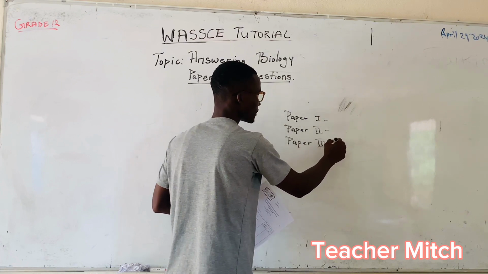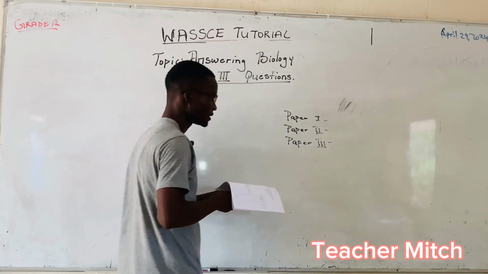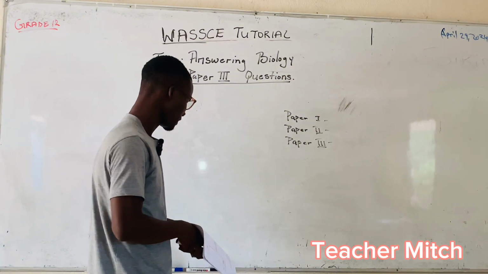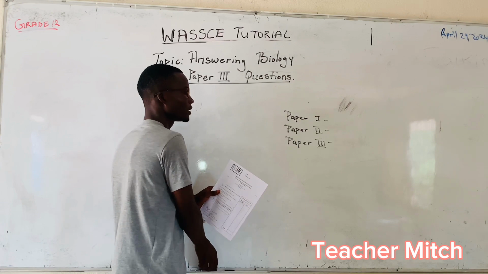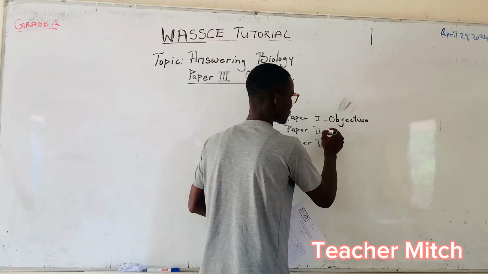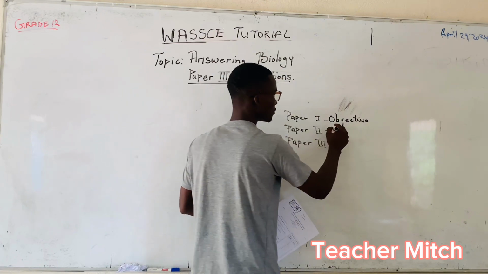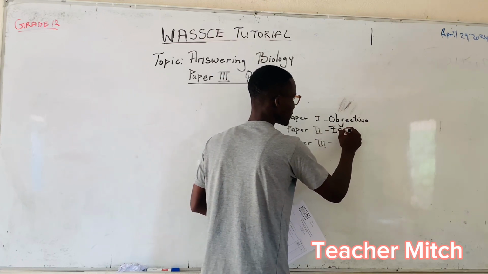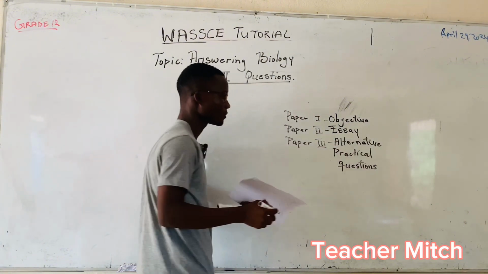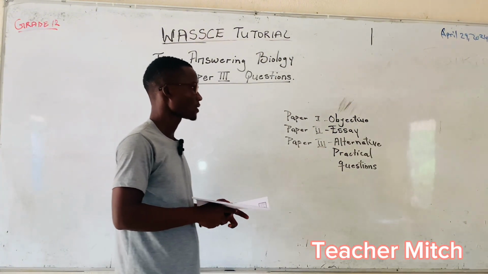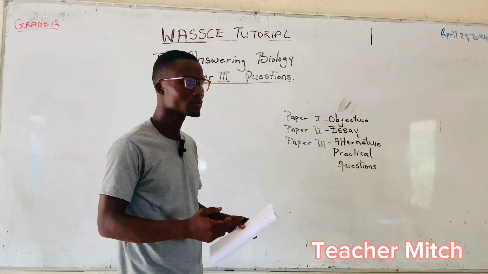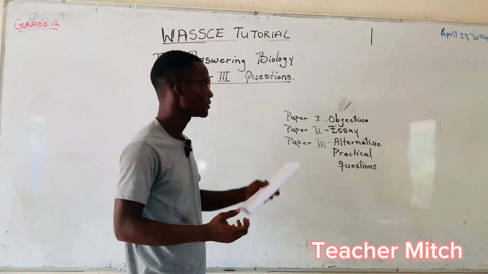So each of those papers, as we've said, contain different information within them. Paper 1 basically has to do with the objective questions. Objective are the multiple choice questions. And paper 2 will contain the essay questions. Paper 3 is going to have alternative practical questions. So today we are going to look at what the alternative practical questions are and how you answer them